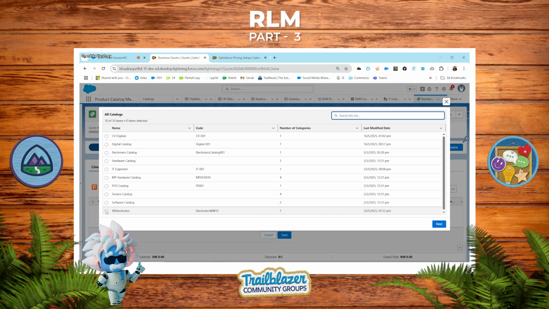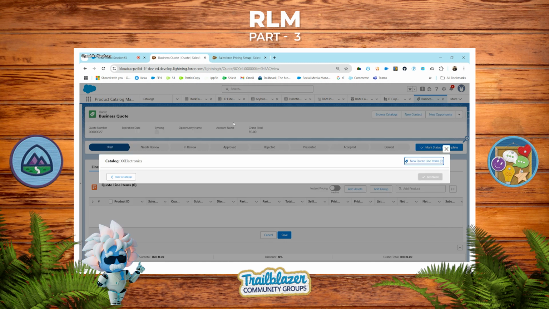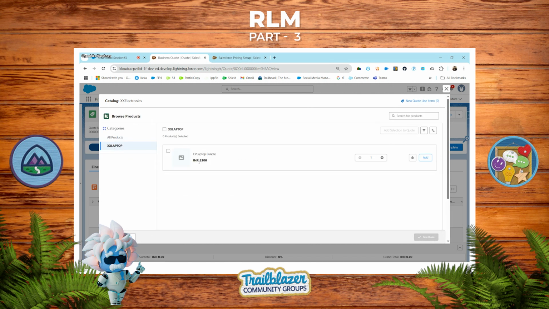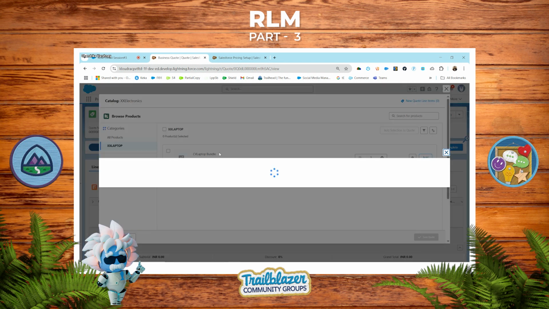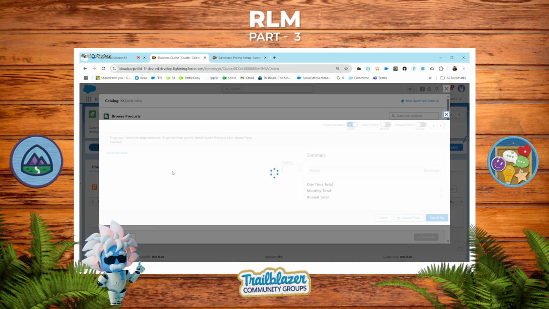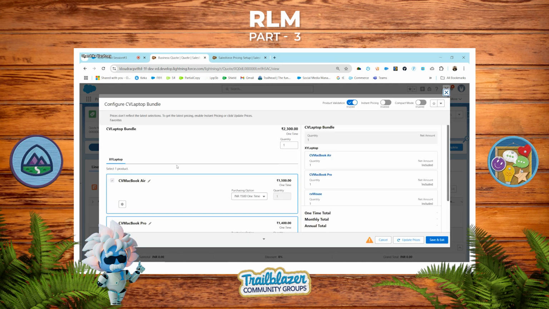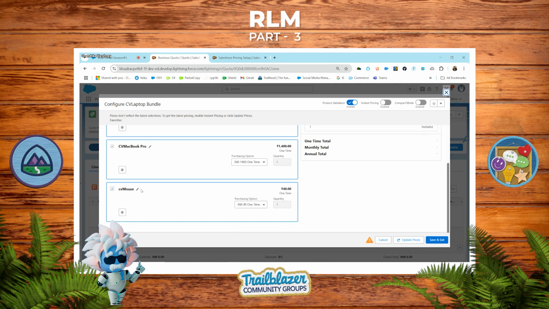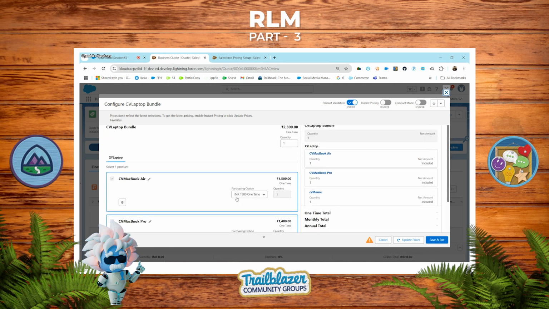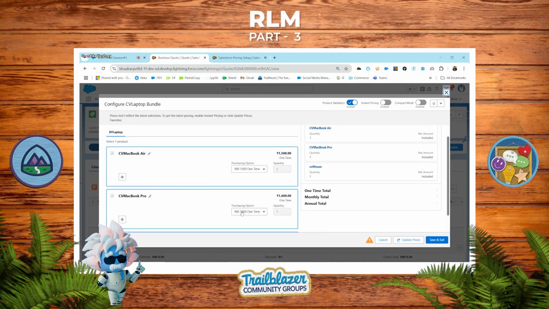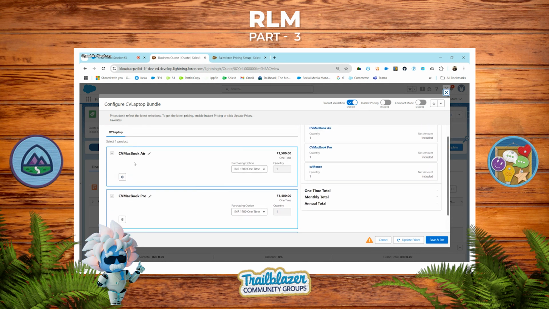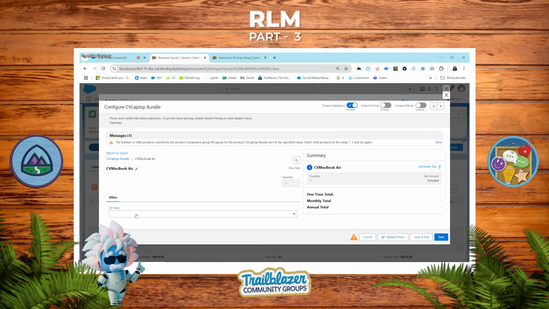For the time being, I can show you another catalog here. I have created the XX Electronics. Okay. So under XX laptop, we have a product bundle that is CV laptop bundle. And once I configure it, it will show three products. First is CV MacBook Air, CV MacBook Pro, and the CV mouse. Okay, and all have their list price, that is 1500, 1400, and 40. Okay, and once I configure one product here, these are the attributes.